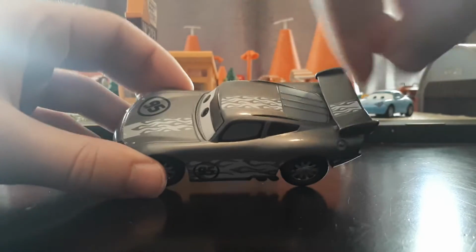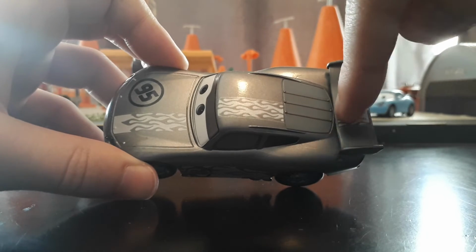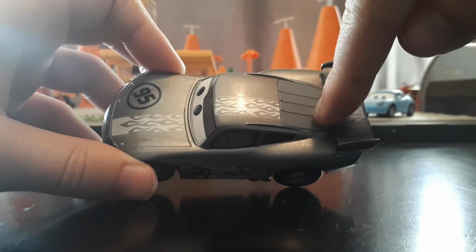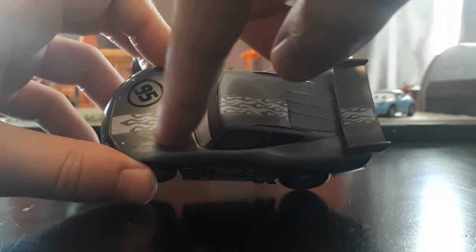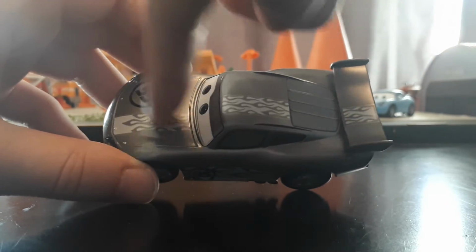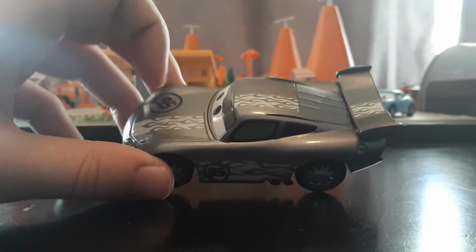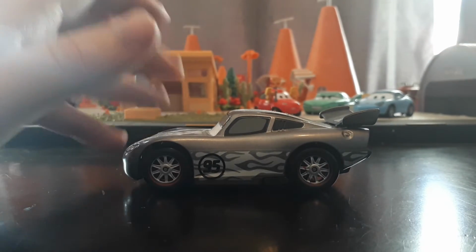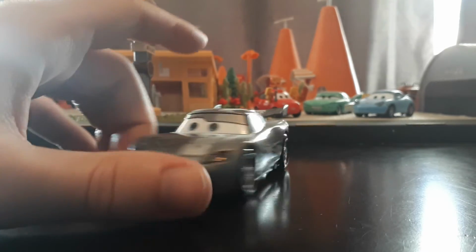From the edge of the spoiler, you can see it starts here, stops because of the window, and then continues in that exact spot across the roof, stops again because of the eyes, and then continues on the hood. It's basically this white stripe with these gray ghost flames painted over it, which is super, super cool. It looks incredible,